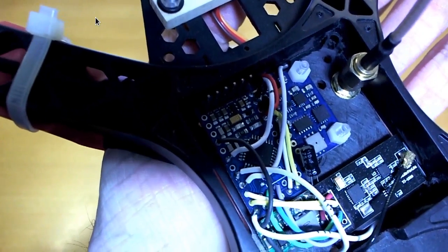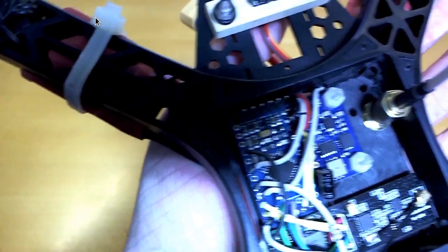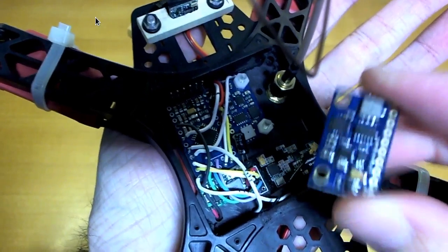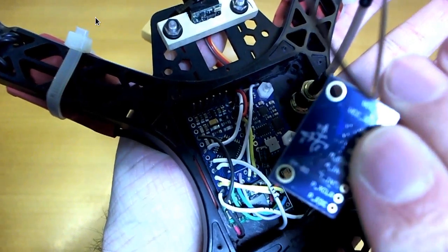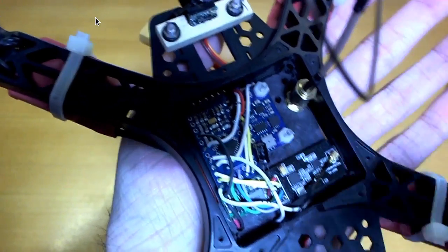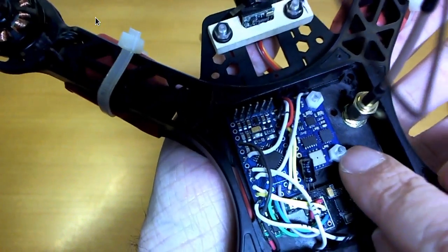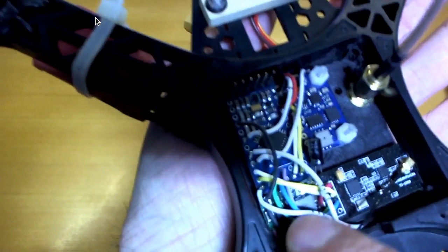But anyway, you can see, starting from the top left, we have the Pro Mini. That's a 5-volt one, of course. Then to the right of that, we have one of these. It's a GY80. Maybe you can see that there. It has an accelerometer, gyroscope, compass, and a barometer. I don't really need all of those, but I had it sitting there unused for a while, so I put that in here. Down here we have the RF24 module, high power variant, and in the bottom left I have